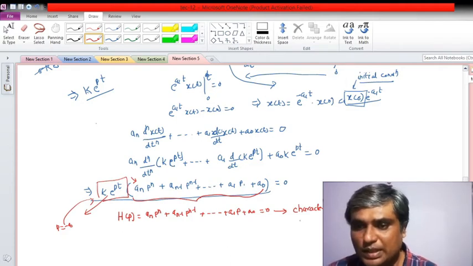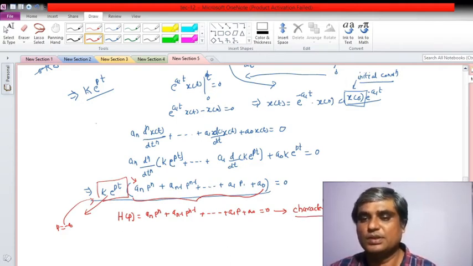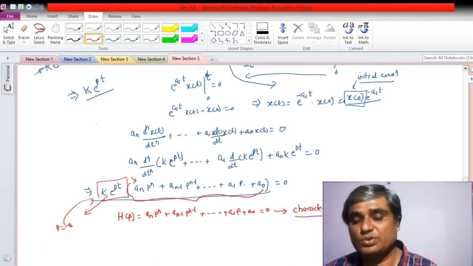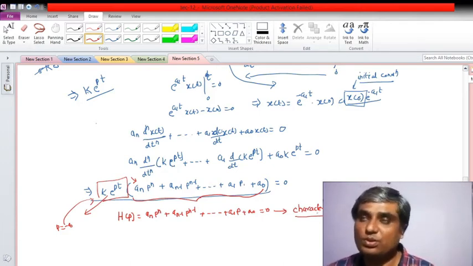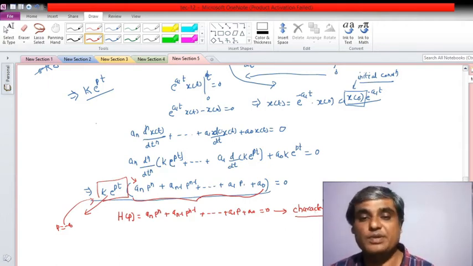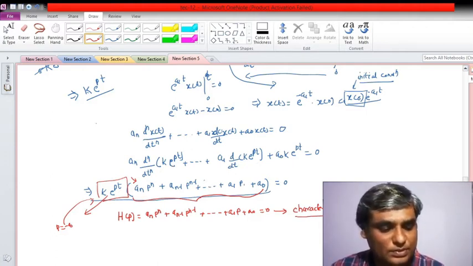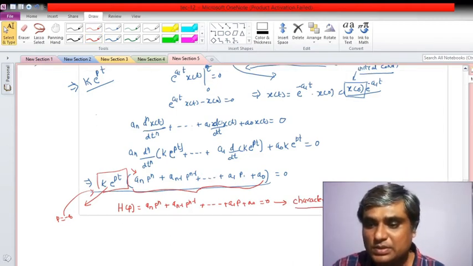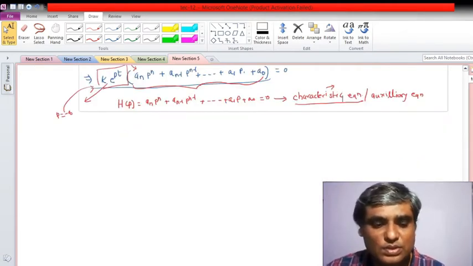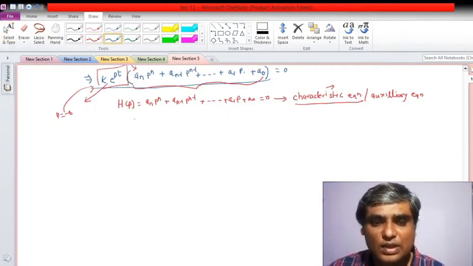So this characteristic equation plays an important role. With this characteristic equation, I get the characteristic values of the network, which will be very important, that will decide the roots and how the roots are varying, or how the value of the root will indicate the behavior. That's why it gives me the characteristic of the network that depends on the roots. Okay, so with this characteristic equation, I can write the solution.